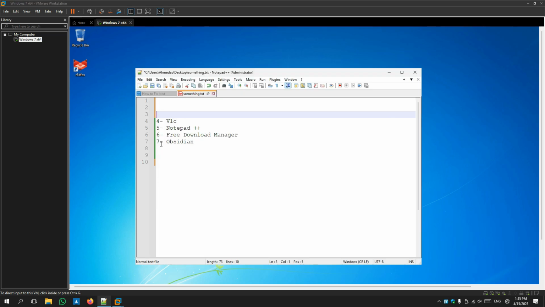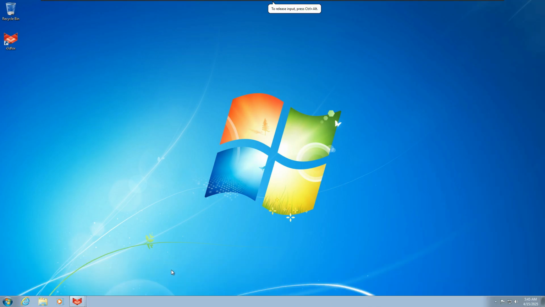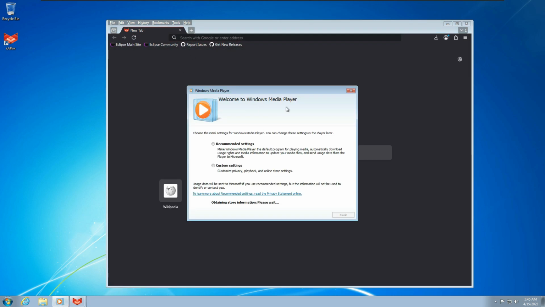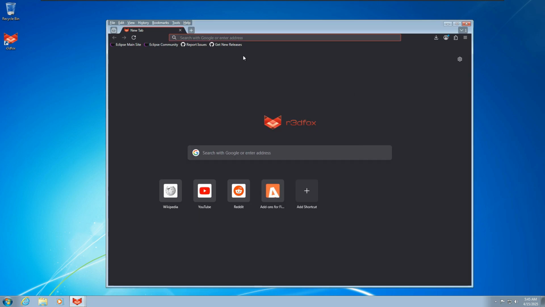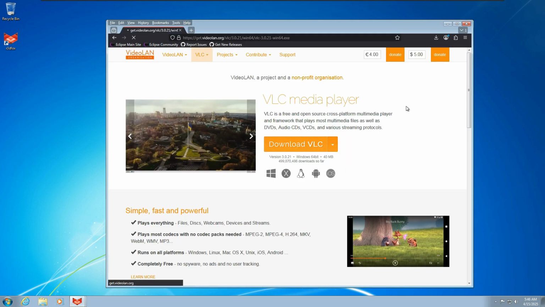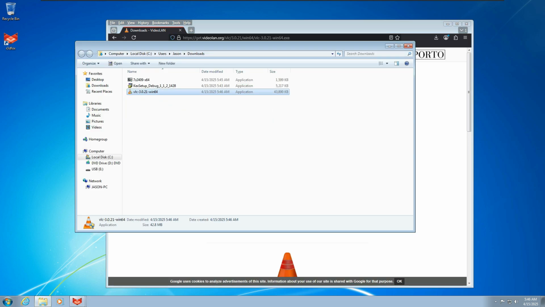What else? We're done with this. Oh yeah, VLC, because how will you be able to watch videos or stuff? Of course, you can watch videos with the classic, I don't know what it's called. What is it called? Yeah, media player, but VLC is much better, okay? So this is what we're going to be using. Download, come on, download. I don't have time. Good. Now let's launch it. Yes,